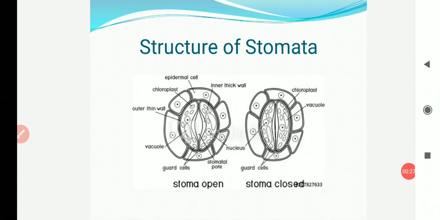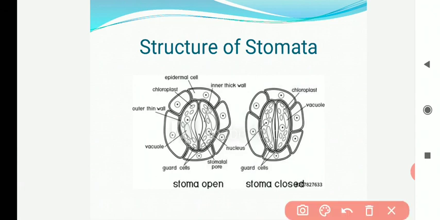So let's start with the structure of stomata. Look at the slide. There is a structure of open stomata as well as closed stomata. So let's discuss what is actually there in stomata. Stomata are minute pores or openings present in the epidermis of the leaf. Each stomata consists of an elliptical or crescent shaped pore surrounded by two specialized cells called guard